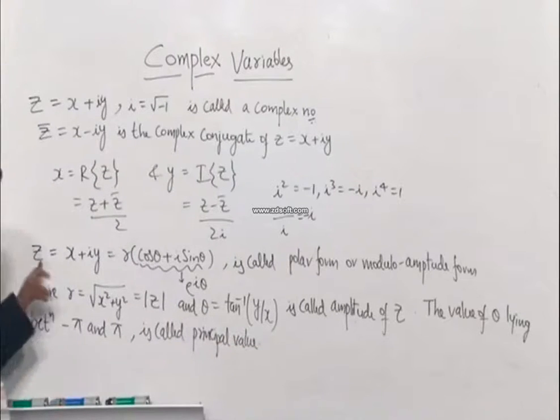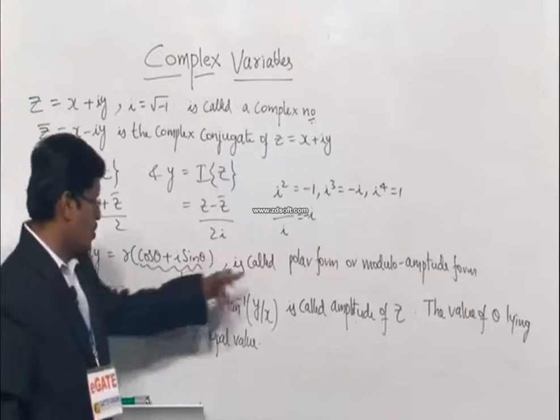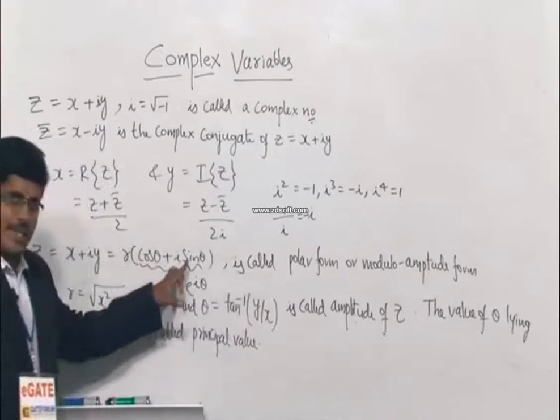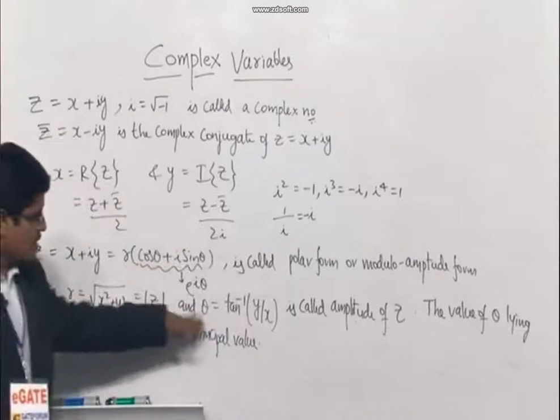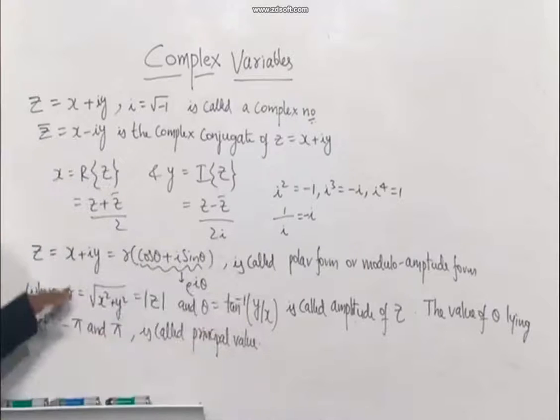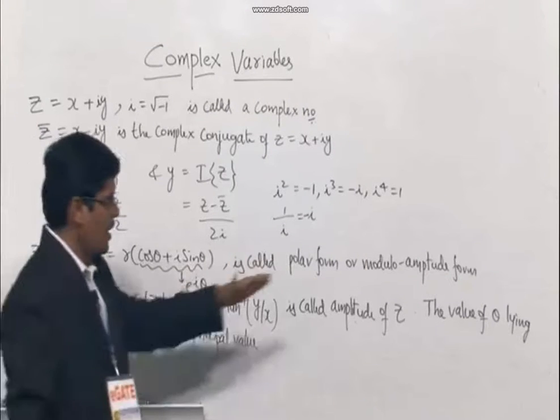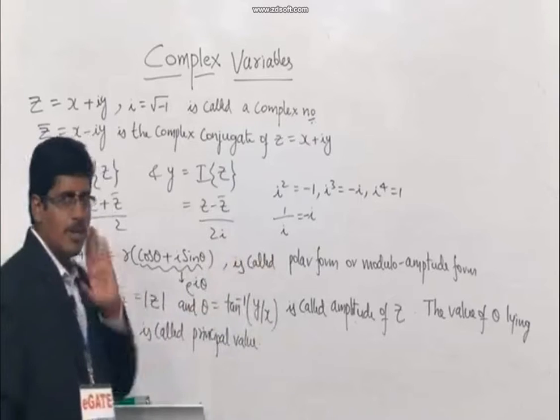So expressing the given complex number in terms of polar coordinates, that is polar form, r into cos theta plus i sin theta, where r is the modulus of z, theta is called amplitude of z. These things we have studied in 11th standard. The value of theta lying between minus pi and pi is called principal value. That means